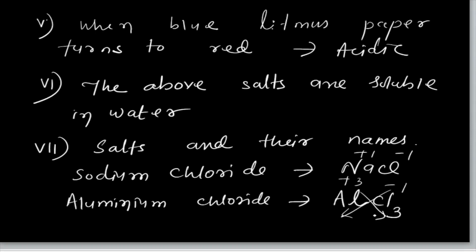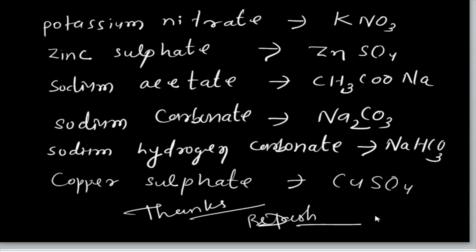Then here again you will see potassium nitrate, KNO3. Potassium is K, whose charge is plus 1, and NO3 is minus 1. Similarly, zinc sulfate: zinc charge is plus 2 and SO4 charge is minus 2. Sodium acetate, that is Na plus, and acetate minus 1. So the formula